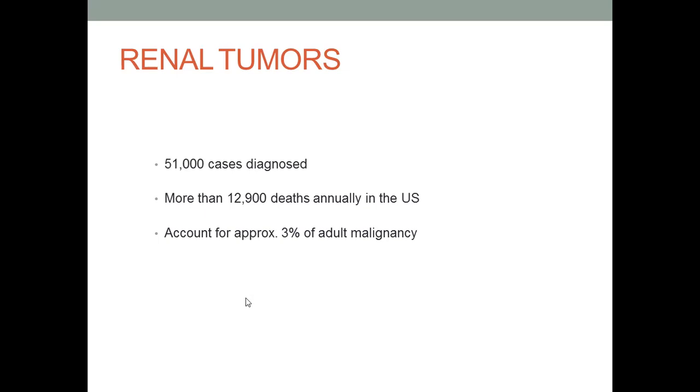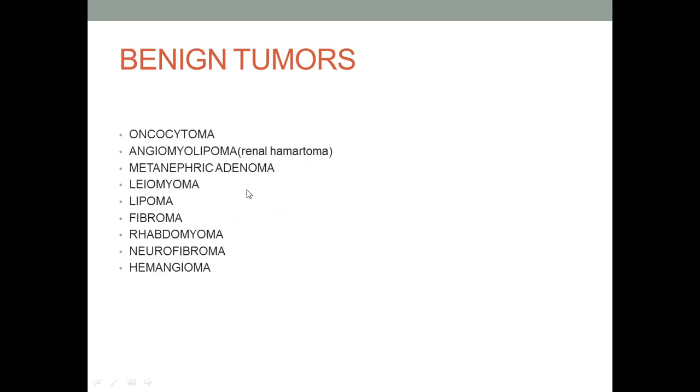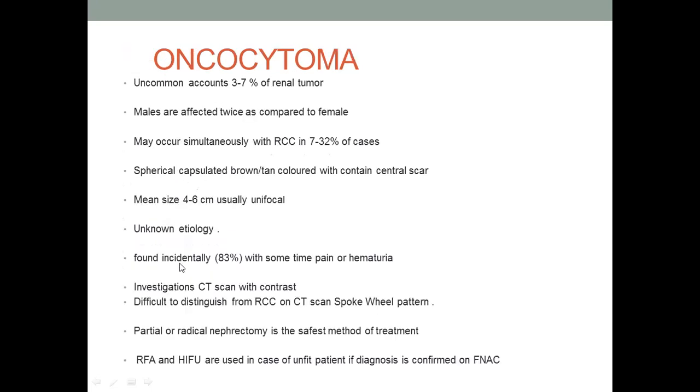Coming to the renal tumor, the renal tumor represents around 3% of all adult malignancy, with a lot of cases and a lot of deaths in the United States. And again, you must be knowing it's divided into benign and malignant tumors. There are many benign tumors which can happen in the kidney, but oncocytoma and angiomyolipoma are the two common tumors. But the kidney can be a site of adenoma, leiomyoma, lipoma, fibroma, rhabdomyoma, neurofibroma, and hemangioma. So two important tumors are oncocytoma